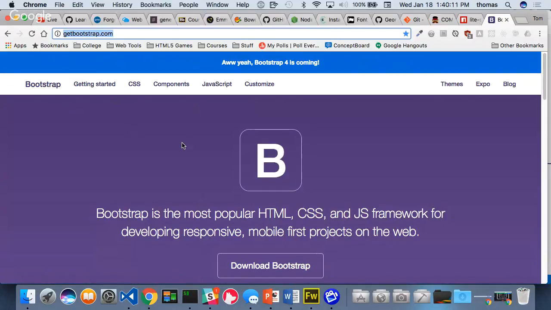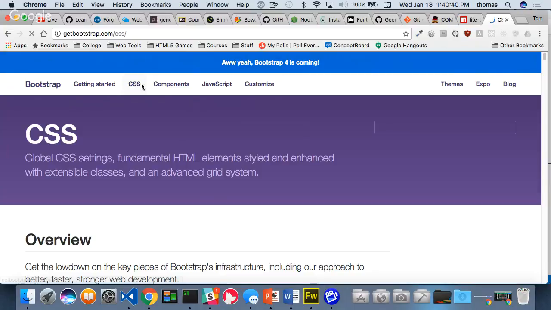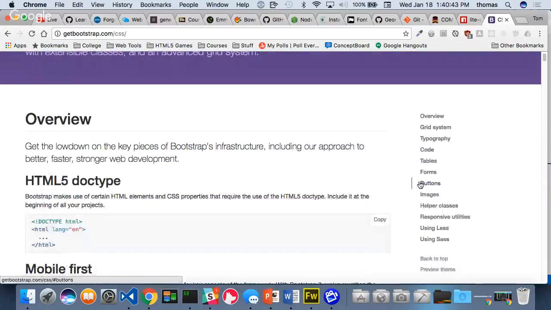What it allows us to do is position everything by columns as opposed to by pixels or something like that, right? We don't want to do that. We want to make it responsive. With percentages, our website or elements in our website will be positioned dynamically. So if I change the width of my viewport, my elements will grow or shrink according to how I've set things up with Bootstrap. Bootstrap has a couple of areas that I want you to look at. One is getting started. You can look at that. But CSS, it actually talks about how to install things like,